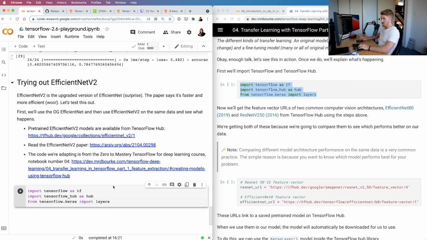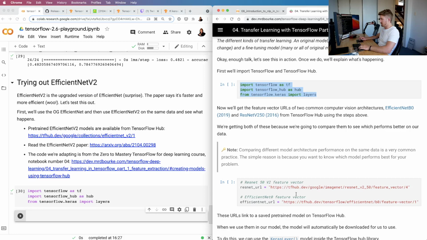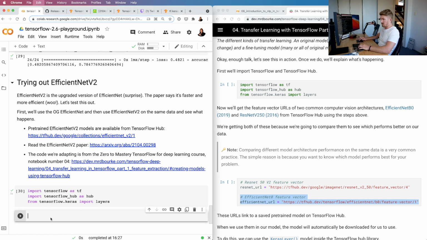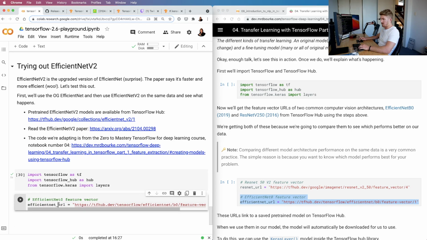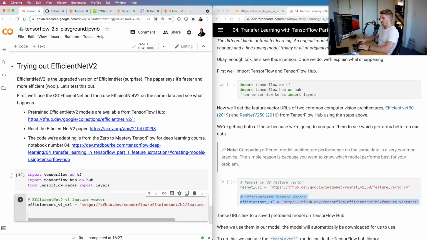There we go. Boom. Here we go. This is going to be nice and easy. EfficientNet V1. And then we want